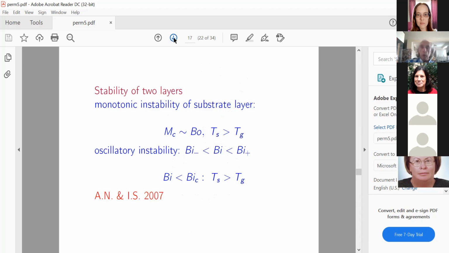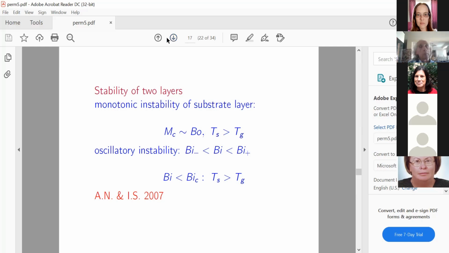Okay, now I want to talk something about non-stationary droplet, and actually the droplet can be unstable. At present, we have no self-consistent theory of the stability of the droplet, but because the droplet is very flat, the results on the stability of layers can be useful, because flat droplets are actually layers, but they have some boundaries.